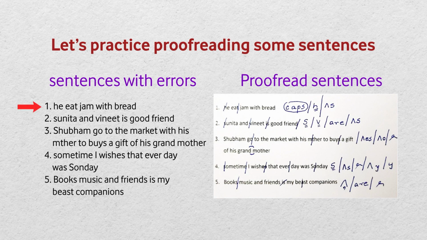So in the first sentence, we begin with wanting the sentence to begin, as is the grammar convention, with a capital letter. So the H in the he has to be capitalized. Please notice I've drawn a line through the H and I have written caps as the correction. Okay. There is an alternative to writing CAPS in a circle,